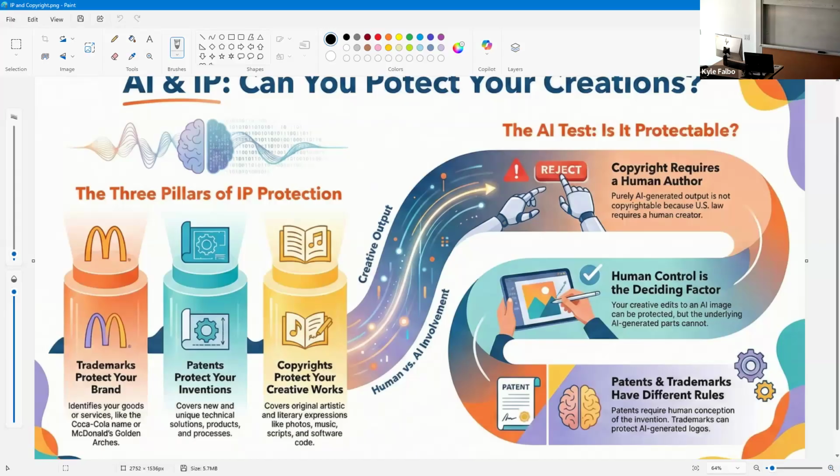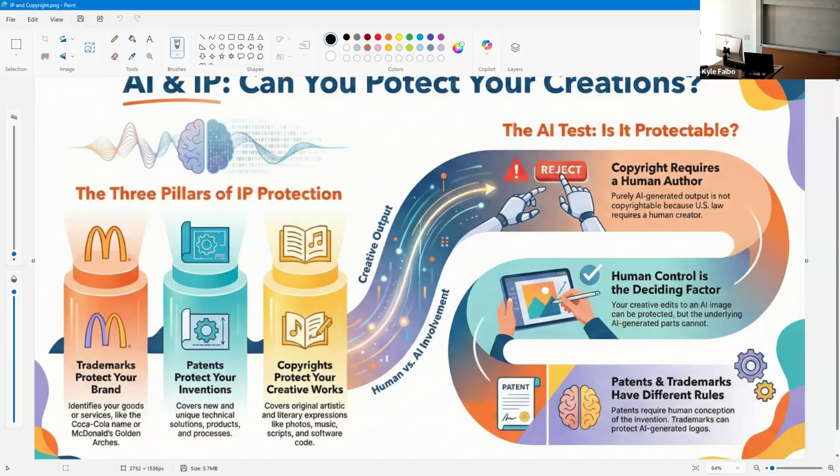And so when it comes to introducing AI into creative output, the courts, just in the last couple of months, have been revising their interpretation of what is copyrightable regarding AI output. The first is that copyright requires a human author.